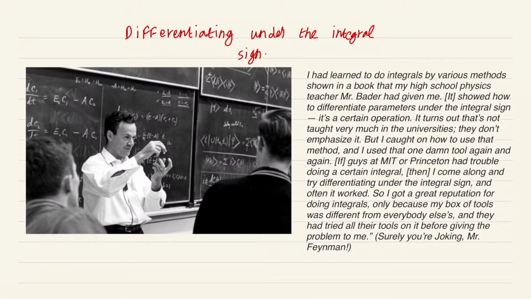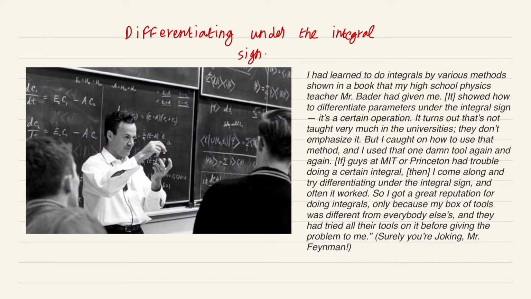Here you see a picture of the Nobel Prize winner and one of the most famous expositors of physics, Richard Feynman. Richard Feynman had a reputation of being able to do the toughest of integrals with ease. Here is a passage from his semi-biographical work, Surely You're Joking, Mr. Feynman. I had learned to do integrals by various methods shown in a book that my high school physics teacher,